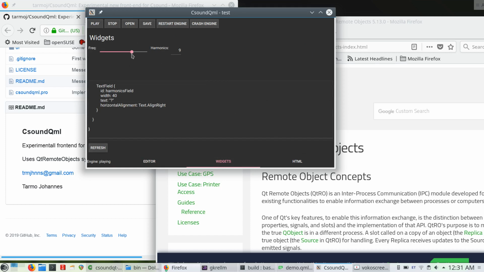One is setting a channel value, and another one is getting it. If we have a look at the code, it's implemented so that when the value of the slider is changed, it's almost like a normal API call to Csound to set the channel value. And then the channel values are read. To do that,